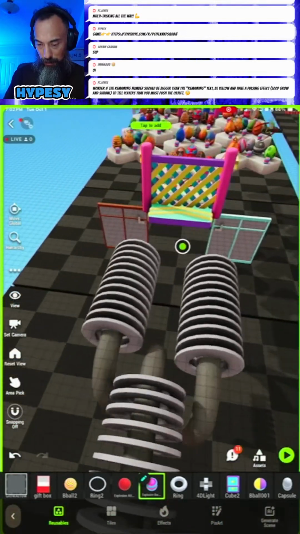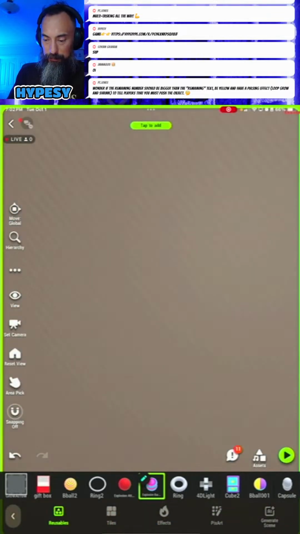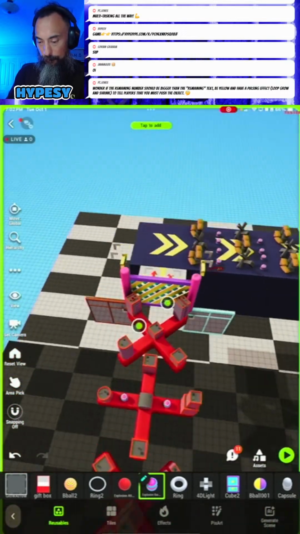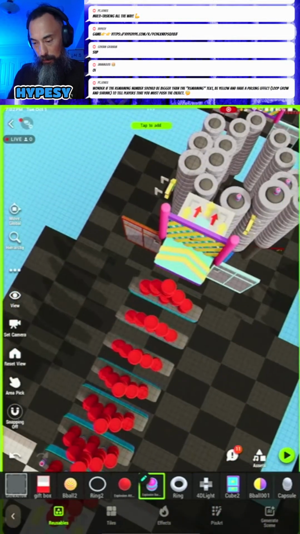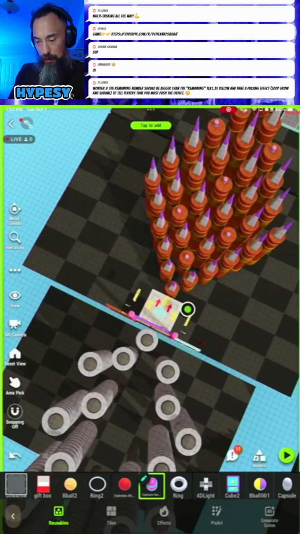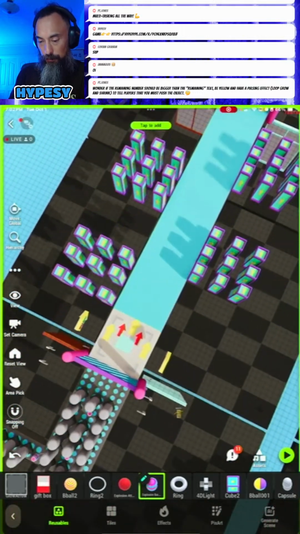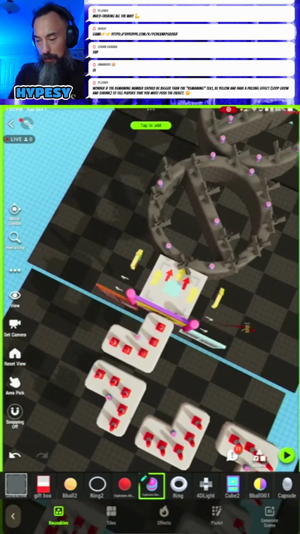Okay, looking good. These levels look good. I updated this one because the player kept getting stuck. Looking good, looking good. Okay, and I'm just combing through the levels. Moved and updated that one.